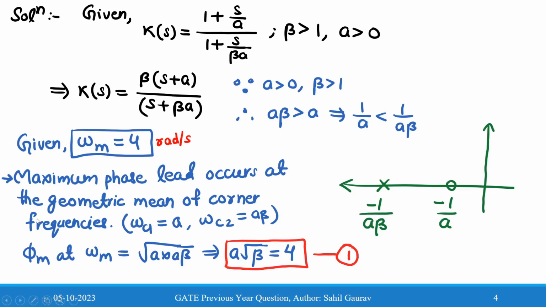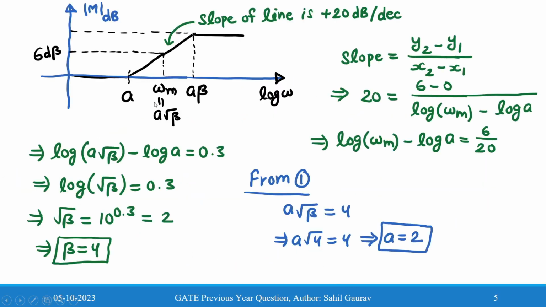So we can say that maximum phase lead occurs at the geometric mean of the corner frequencies. That means omega m is equal to the square root of a into a beta. That means a square root beta will be 4, and we can call this the first equation. Now, another thing given in the problem is that at this frequency we are getting the magnitude as 6 dB